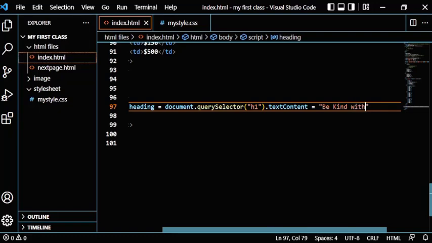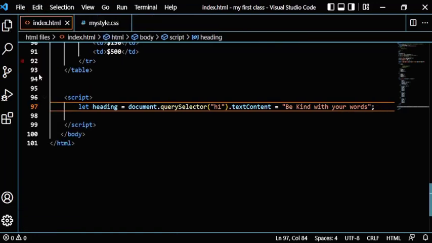I think that would be better. With your words, put a semicolon at the end. Oh, I had a mistake on that. Alright, so what we have here is we have a declared variable, then equals to